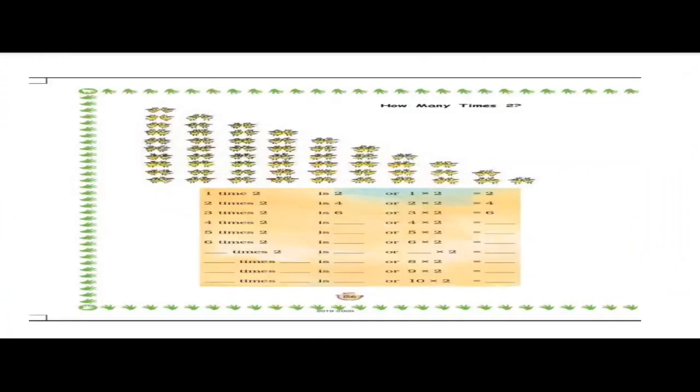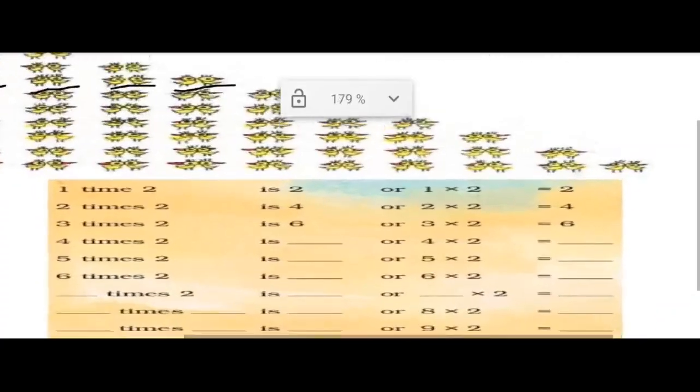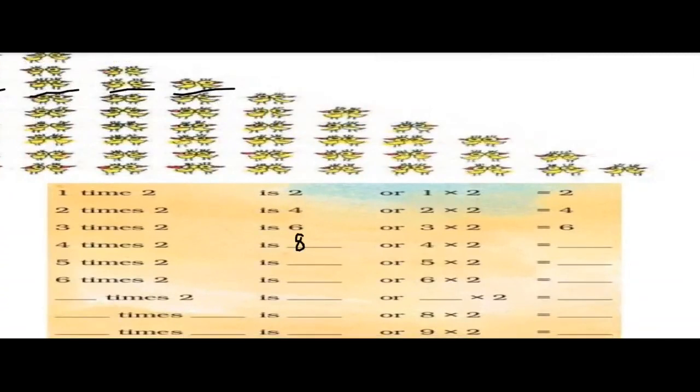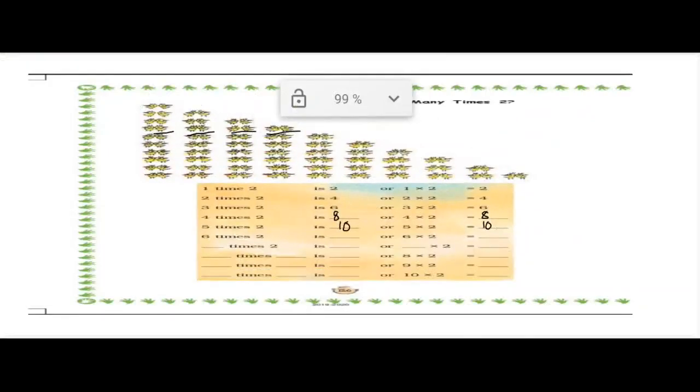Now children, this is your home assignment. As I have already told, it is very easy. You can see 3 has been done for you. So 4 times 2. Here you can count 4 times 2: 1, 2, 3, 4 twos, that is 2, 4, 6 and 8. Otherwise you can simply do 4 times 2: 4 2s are 8. In the same manner you can count 5 times 2: 5 2s are 10. So in this way you will do this home assignment. You will do this all by yourself.